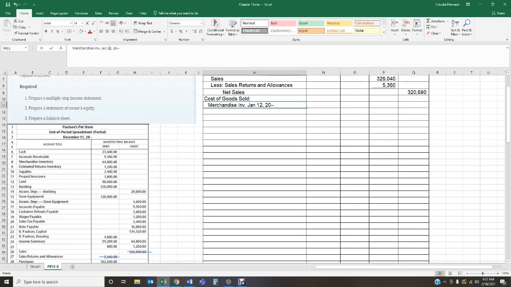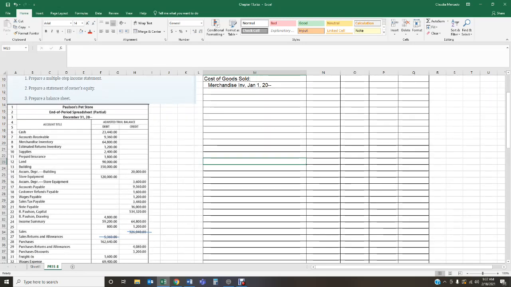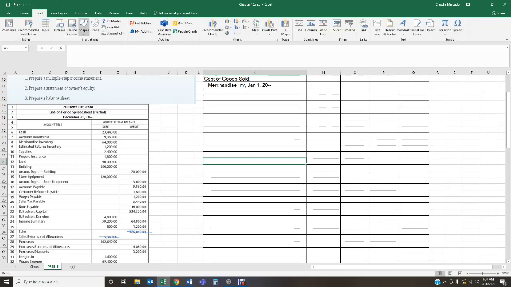I put 12 instead of 1. Okay, here we go. That number is not provided. What we have here is our ending merchandise inventory. As of December 31st, we had 64,800. Now, whenever we record our updated merchandise inventory, we do make an adjustment to our income summary. So that means that we had to reverse out our initial merchandise inventory. So we can get our beginning merchandise inventory from our income summary account, and that represents my